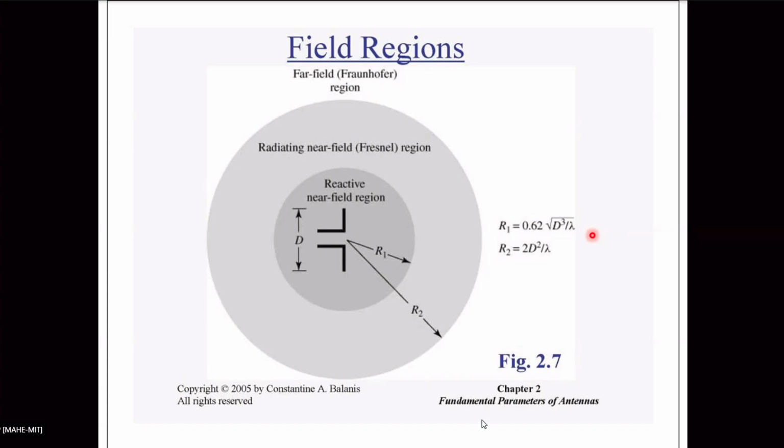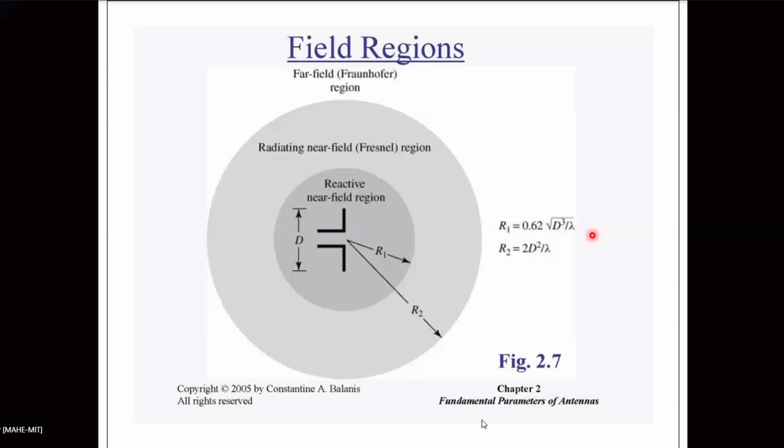What do you mean by that? Yesterday I told you, in the far field region, field components are essentially transverse. So E and H fields are perpendicular to each other. There is no R component. Power is propagating in the R direction, so field components are transverse. That means E_R or H_R is 0. Do you get it? Yes, sir.